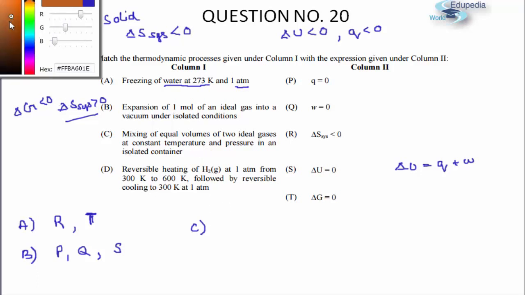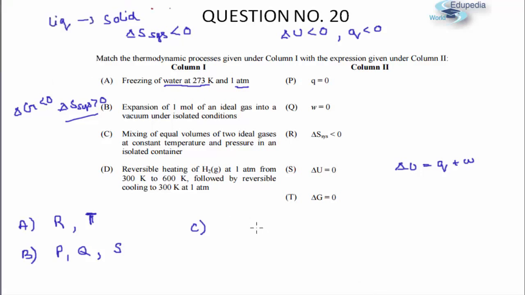So the system which we have in this case is a container. You can imagine a container divided into two equal volumes by a partition, and both the chambers have the same volume. Let us call them V. And there is an ideal gas in both the containers at the same temperature and pressure.